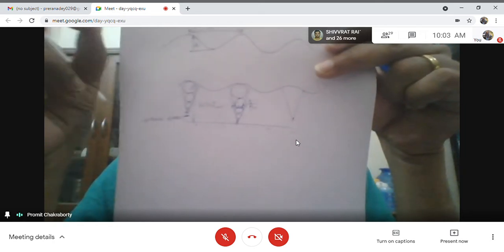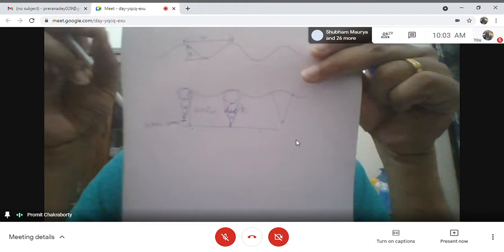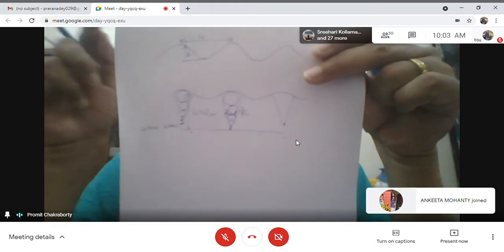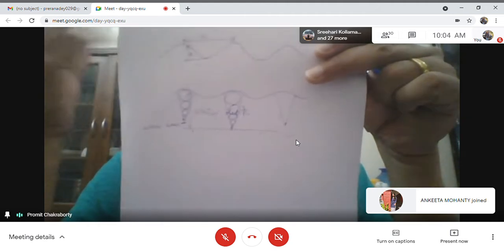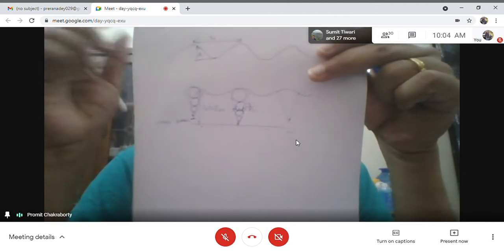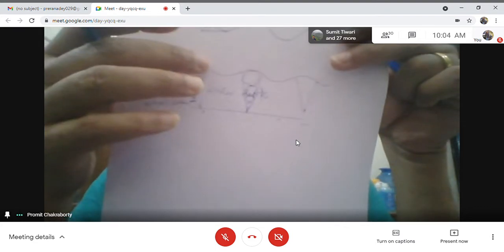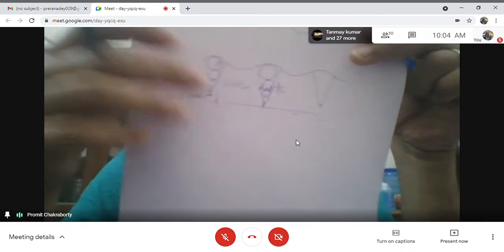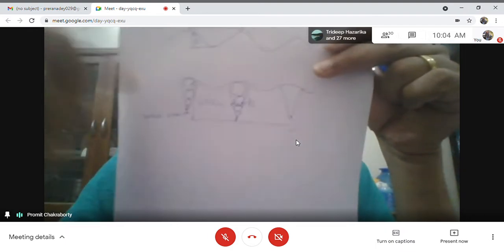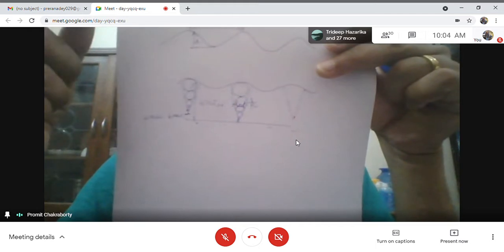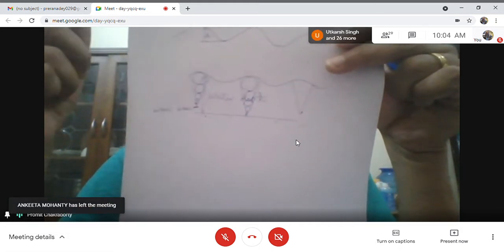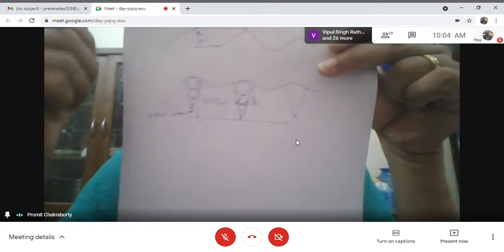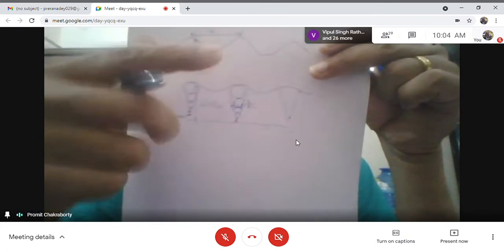So it all depends upon the amplitude of the wave, the wavelength of the wave, the shear of the air on the surface of the water, and what energy it is transferring to the water column. Depending on that, the depth of the wave, that is the wave base, will vary. If your wave base is so low that it is cutting the sediment surface, then the wave will start moving the grains on the surface, otherwise not.